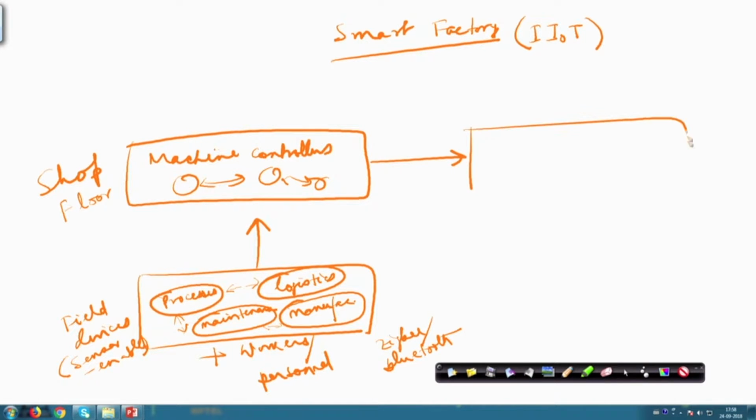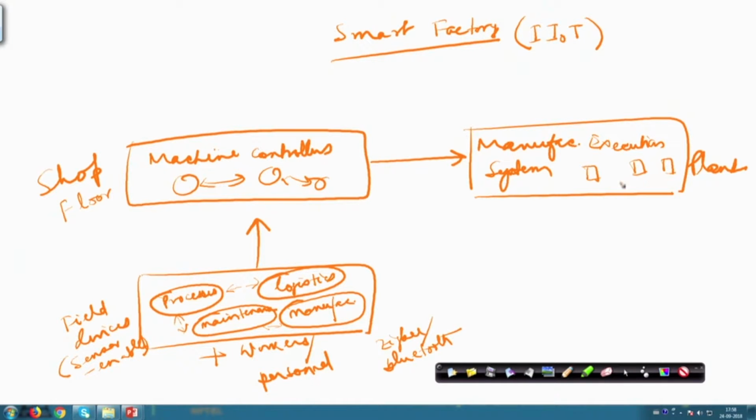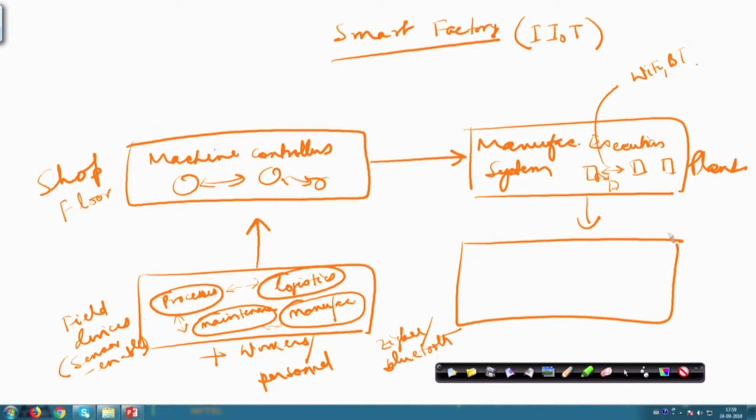So, this is the shop floor, and from the shop floor the data are going to be sent to the manufacturing plant. The manufacturing plant will have the manufacturing execution system, right, which will again have different components like control rooms, sub control rooms and so on, which will also have to be connected through different communication mechanisms like maybe Wi-Fi, Bluetooth, etc. And finally, the data will be sent maybe to a system integrator like ERP, right.